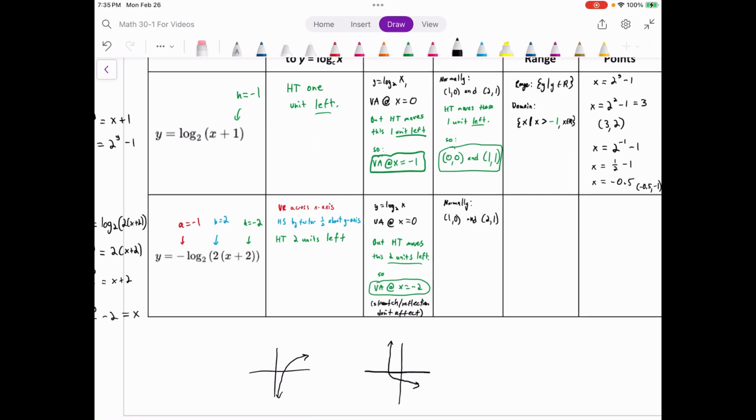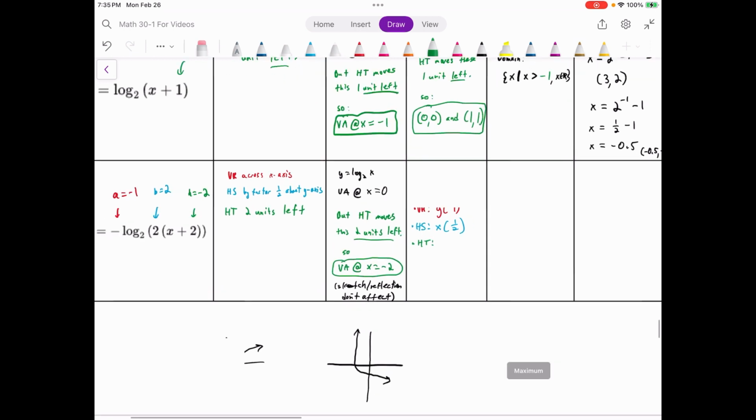There's a few things happening here now. There's a vertical reflection across the x-axis. So what's that going to do? Well, it's going to multiply all of our y's by -1. We take all of our y's and we multiply them by -1, okay? We've got a horizontal stretch by a factor of 1/2. What's that going to do? It's going to take all our x's and multiply them by 1/2, okay? And then we've got a horizontal translation 2 units left, so that's going to take all of our x's and subtract 2 from them,